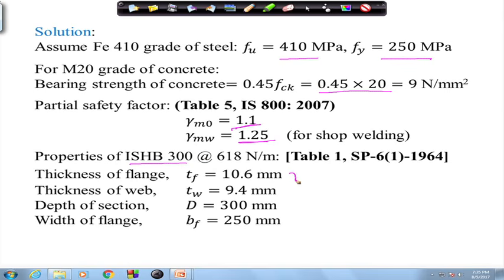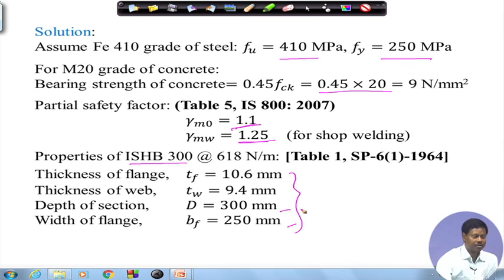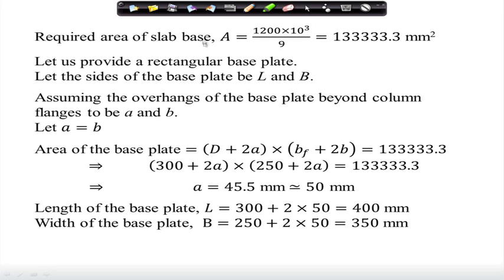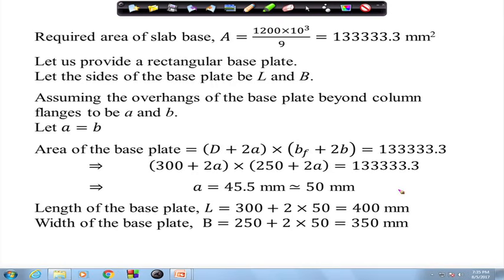These 4 properties are required, 4 dimensions, that is thickness of flange and thickness of web, as well as the depth of section and width of flange. So, these properties will be useful, right. After that, we will find out the area of the slab base, that is A is equal to P by 0.45 FCK. So, the required area of slab base can be found,